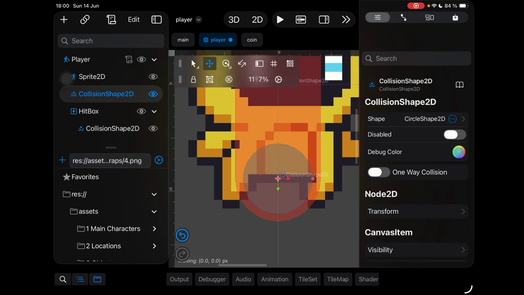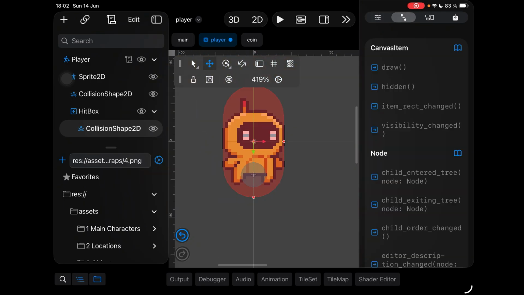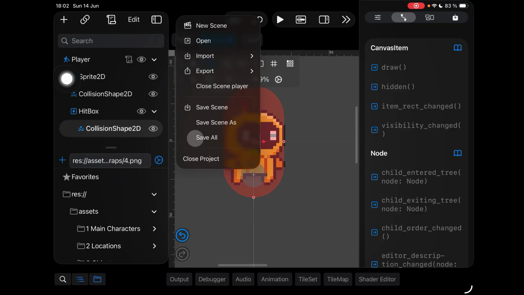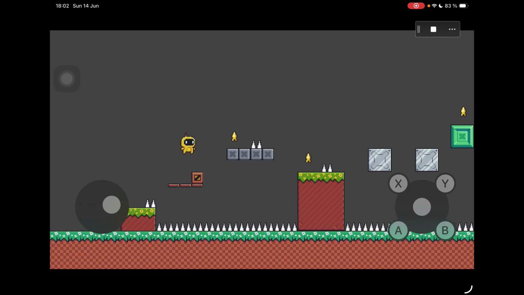But see how the red collision is bigger. I will even make this hitbox a little bit bigger just to make sure everything is detected correctly, and I'm also gonna make sure that everything is completely saved. Now, as you can see, when I collide with the coins,